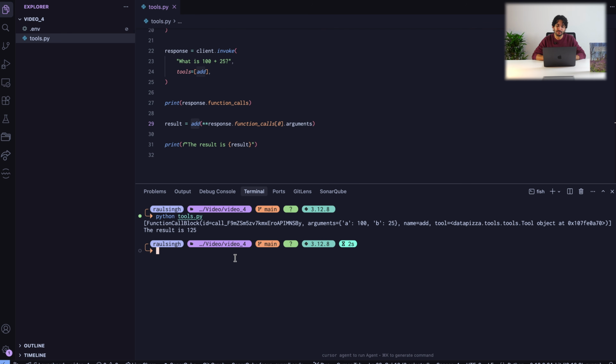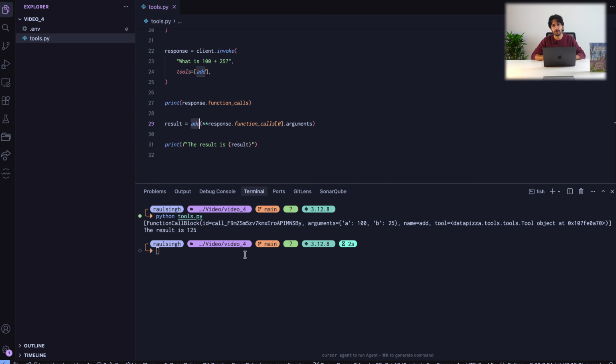This is very cool, but as you can see, it is a bit clunky. Having to execute the function manually is a bit frustrating. Also, if we add multiple tools, we also need to filter for the name of the tools, because in this case, the model told us that it used the add tool. And it only has the add tool, so we have no doubt the model is going to use the add tool. But if we, for example, add another tool, we cannot just execute the add function like I did here. We also need to know which function the model invoked and then run that function.